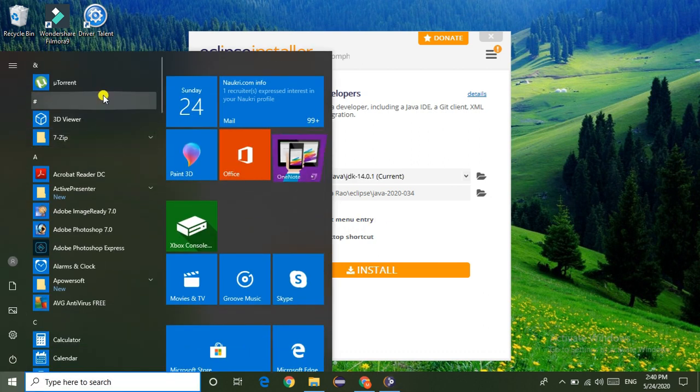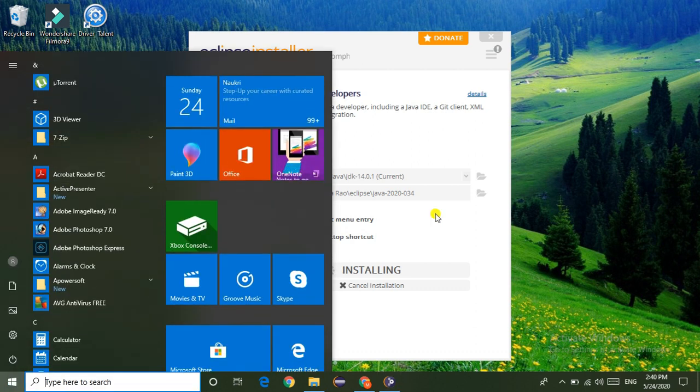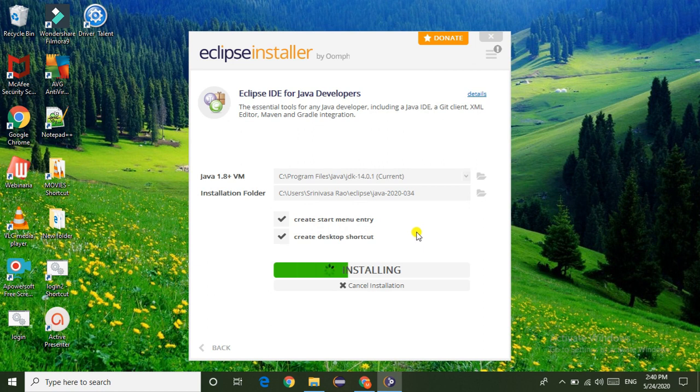Another checkbox will create a desktop shortcut. Here on this desktop we don't have a shortcut of Eclipse. So now I am going to install. After installing, it will create one shortcut on the desktop and one more shortcut in the start menu. The installation is starting. We can see the progress also.